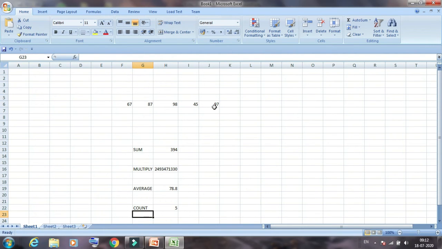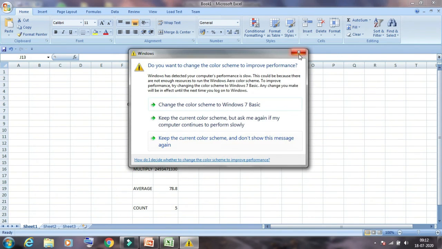The total is 5, meaning 1, 2, 3, 4, 5. Understand?